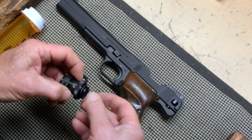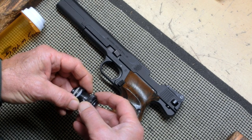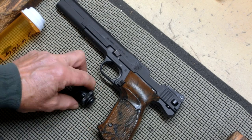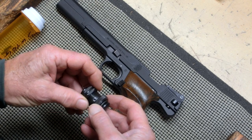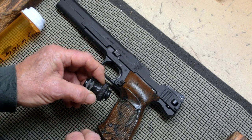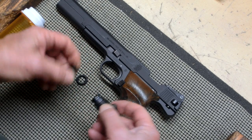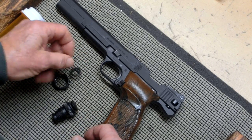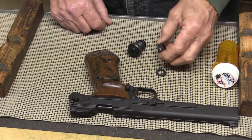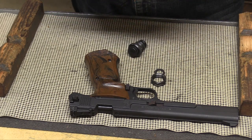And I couldn't get this apart because, you'll see in a little bit, there's a pin that goes through and kind of holds all this together. And anyway, the pin wouldn't line up, so I couldn't drive the pin out. I had to enlarge the hole just very slightly, and then that allowed me to get to the pin. Once I got the pin out, then it all came apart, and I found out what the problem was. I guess we'll go ahead and take this apart, and I'll put this back in a minute. The guy saved these pins,